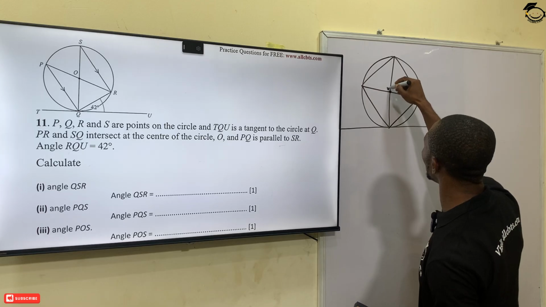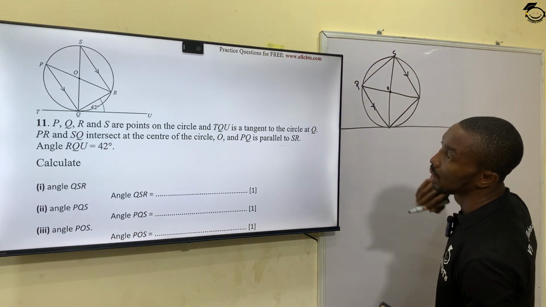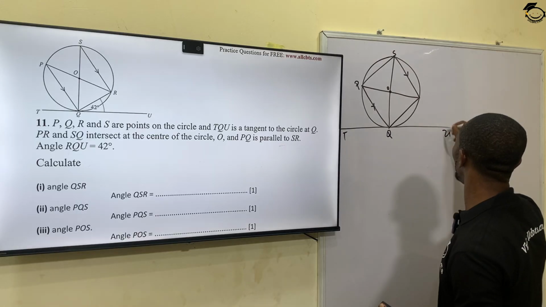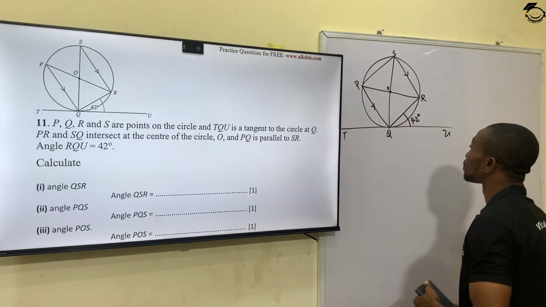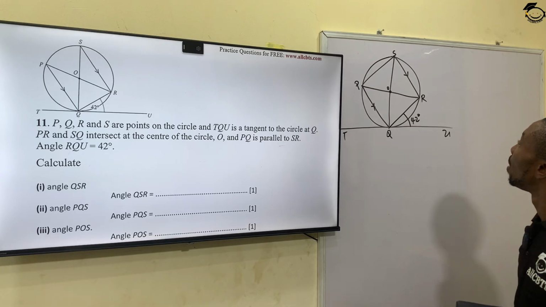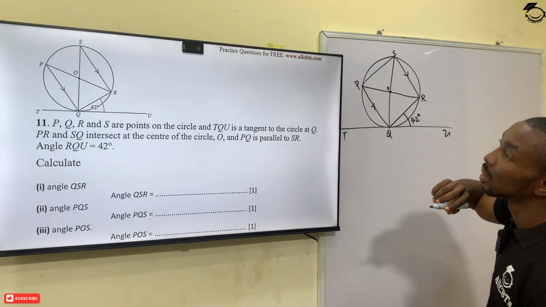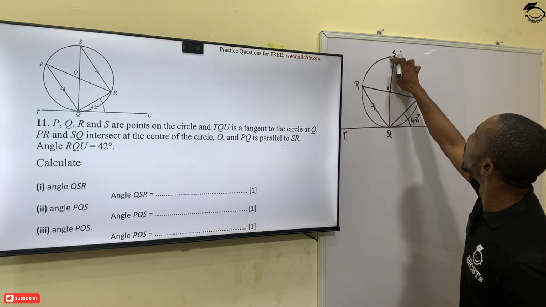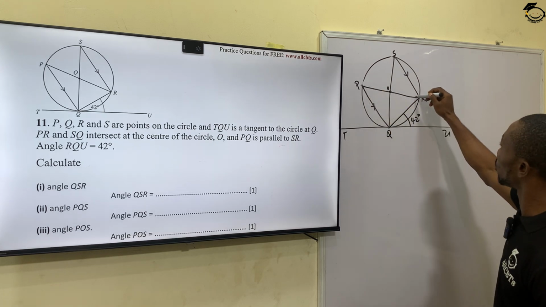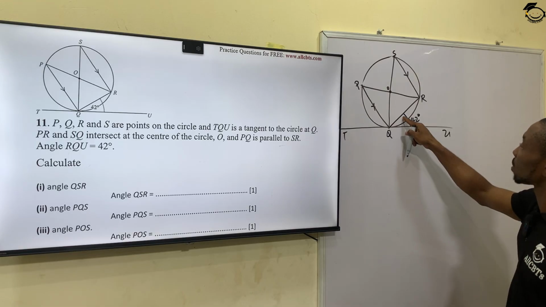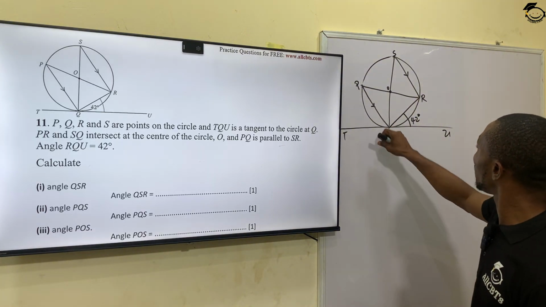So this is the center of circle O, and this is P, this is S, this is parallel to this, and we have Q, T, U. So this external angle here is 42 degrees, and we have our R. Now, looking at triangle PRQ,